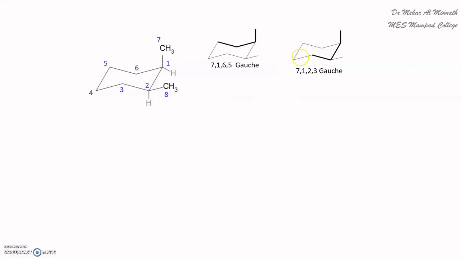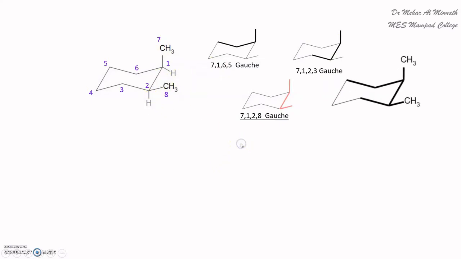Now we can have another one, that is including the 8th substituent or the 8th carbon. When we include that, you get 7, 1, 2, 8. That is also gauche. Now these are the butane units which have been subtended by the carbon 7. Now when we consider carbon 8, we have